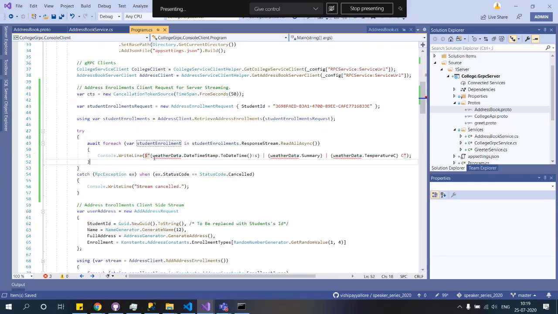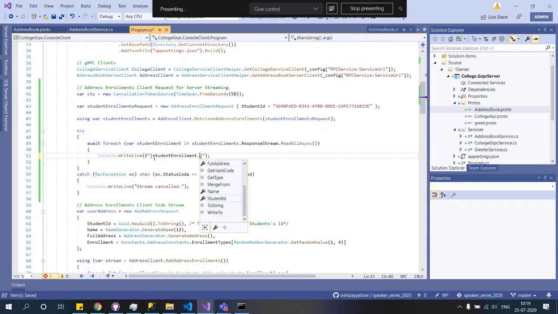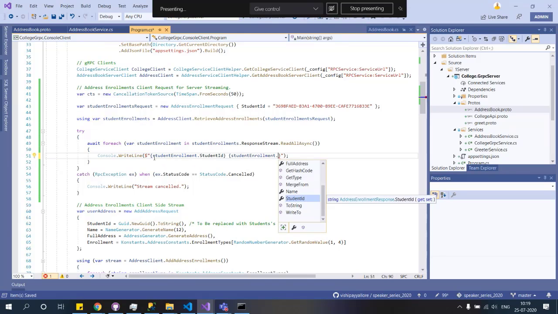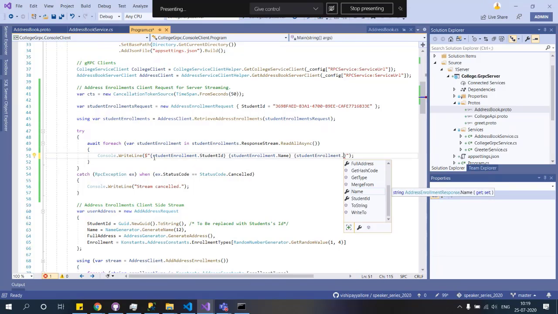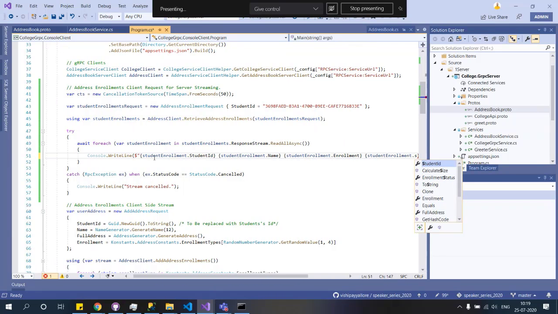The student ID, and what is this, student enrollment dot name, and we are worried about the student enrollment dot enrollment type, and what happened to that, enrollment status.